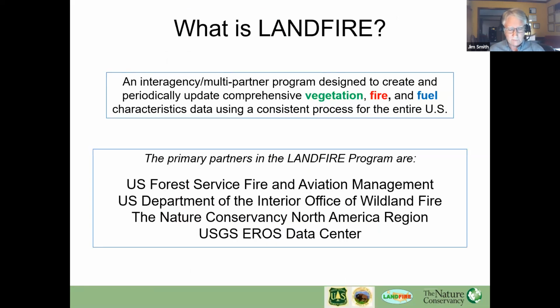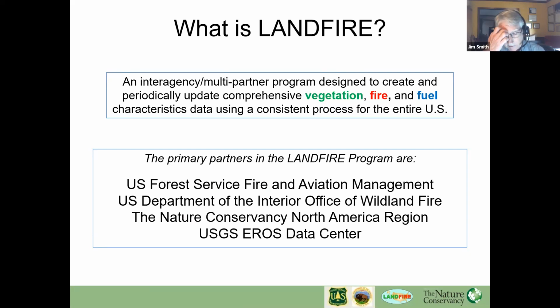So first of all, context, what is LANDFIRE? Most people have heard of it. It's an interagency multi-partner program that basically is a data creation program, trying to create a database for the entire US that has information about vegetation, fire, and fuel.